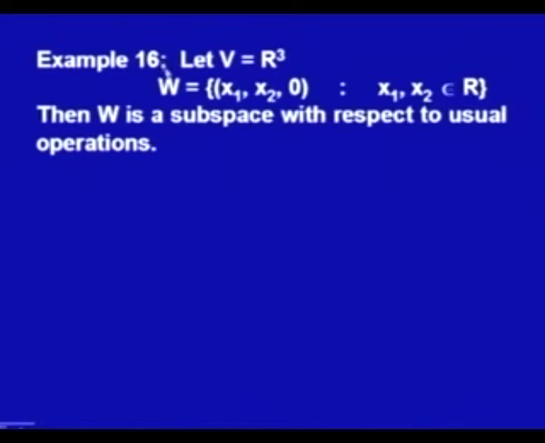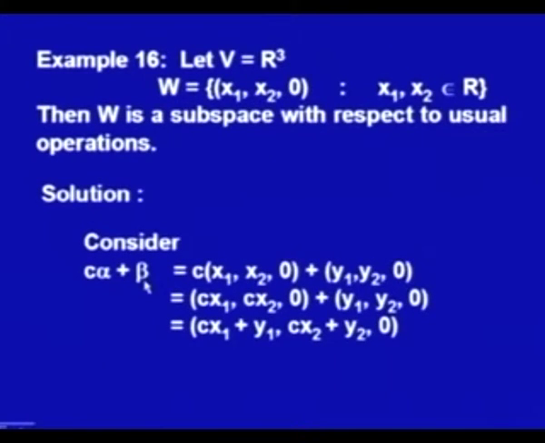Now, I will explain the definition with the help of an example. So, the example is taken from R cube. If we consider V is equal to R cube and W is the set of all triplets where x1 and x2 belong to R, but the third component is 0, then W is a subspace with respect to the usual operations. We know that R cube is a vector space with respect to the usual addition and scalar multiplication. We have to establish that W is also a subspace of this. So, to prove this,